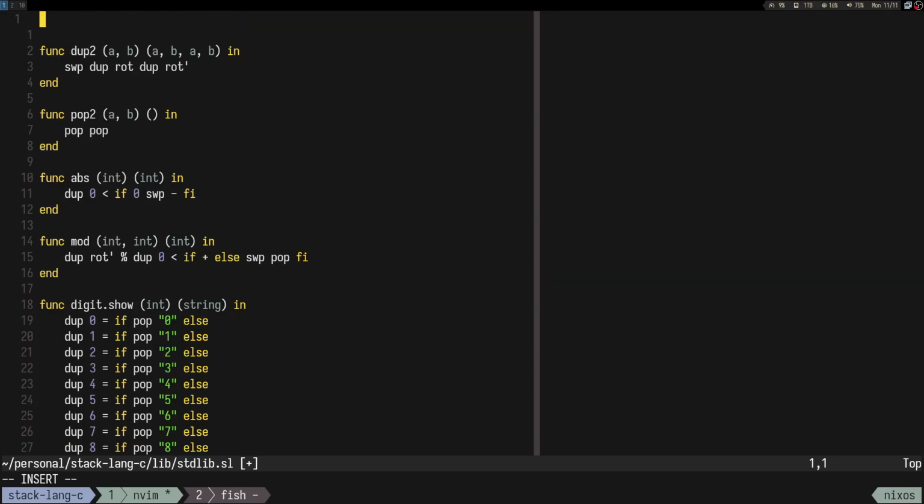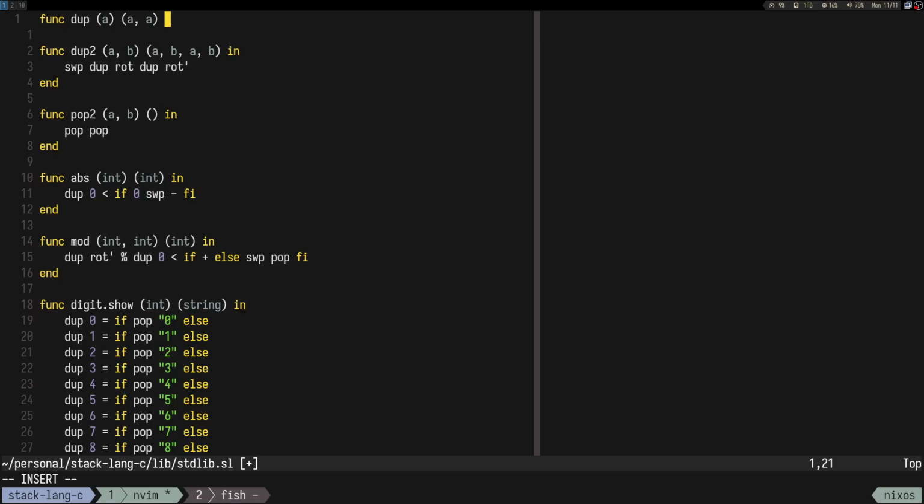But I would like to have some way of putting these extremely important functions, like the basic ones like dupe, swap, and so on,